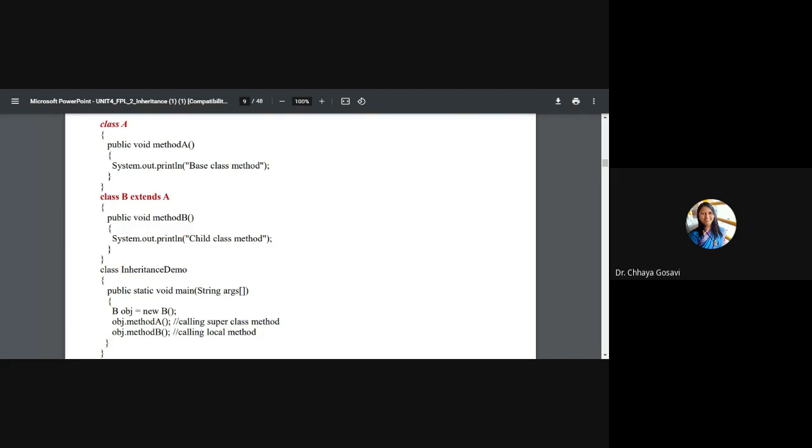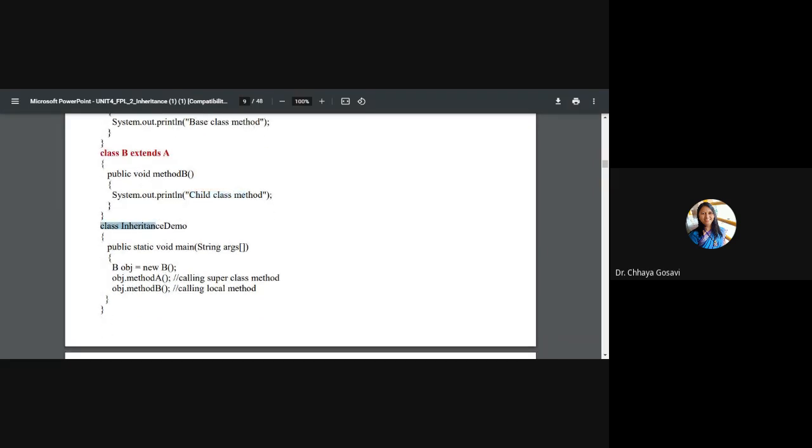And the child class is called child class, subclass or derived class. And another class. So in total here we have three classes: super class, subclass, and a class which is going to use this hierarchy. So here we have created an object of the derived class, class B, and you can call the method of class A as well as the method of class B.